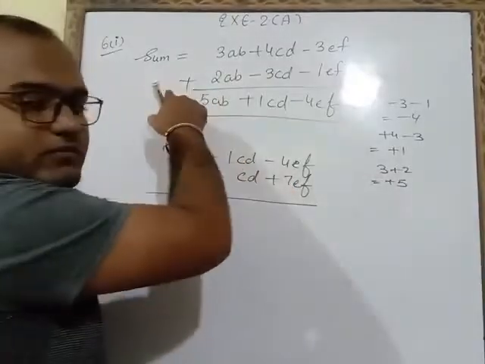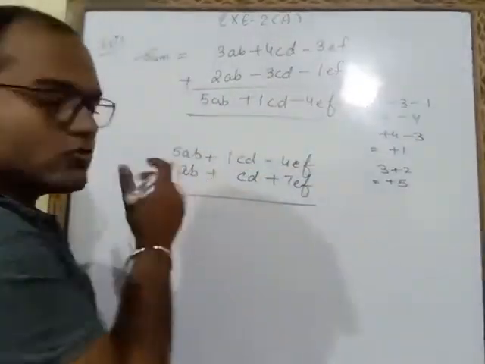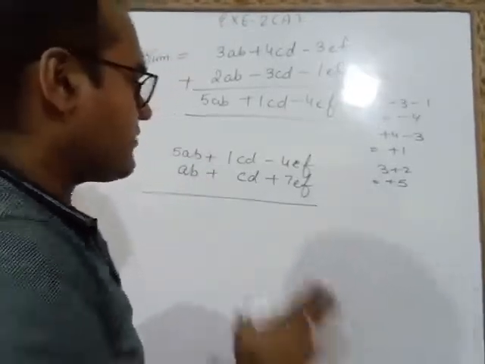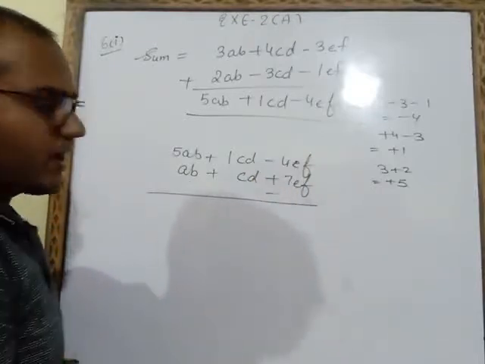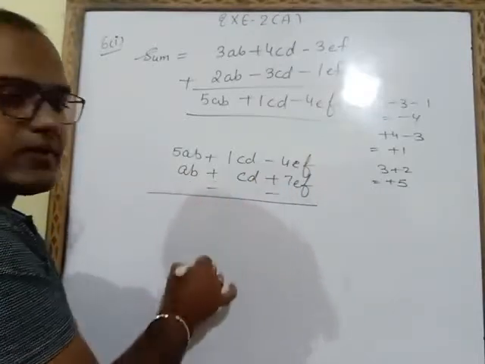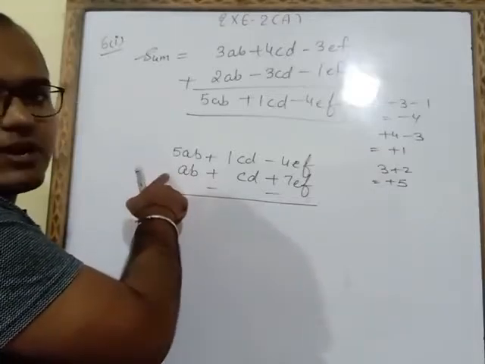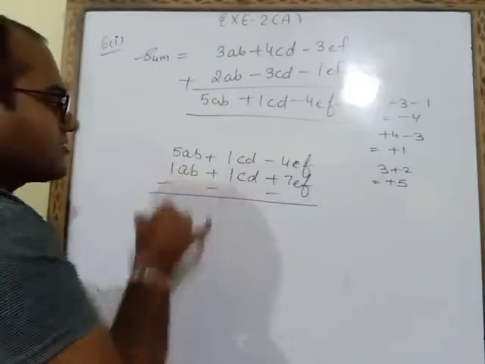Here we had done sum. That's why we had not changed the sign. But here we have to do subtraction, and for subtraction rule is that we have to change the sign of downside numbers. This is plus 7, we will take minus. This is plus CD, we will take minus. This is also plus AB, no sign is given means this is plus, but here we will take minus. Now no number is given, that's why we will write here 1.